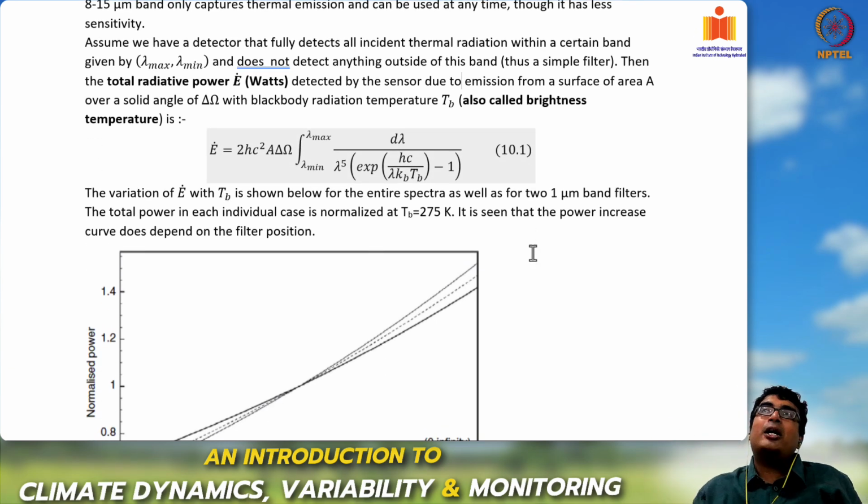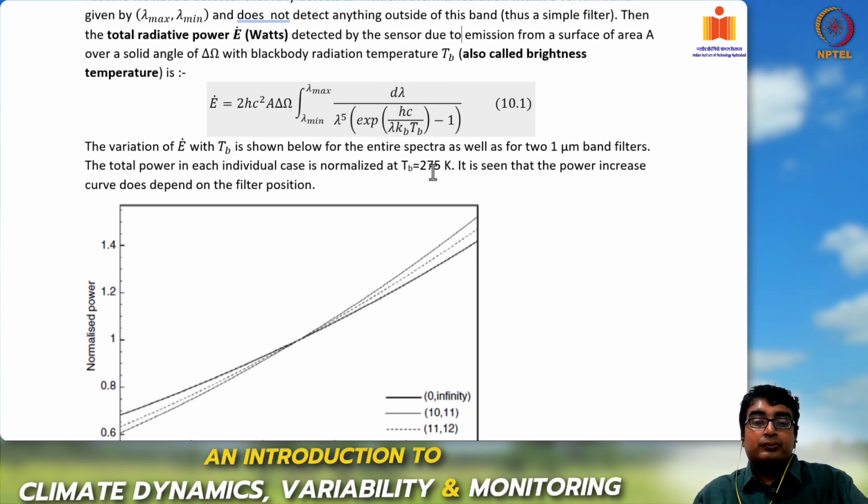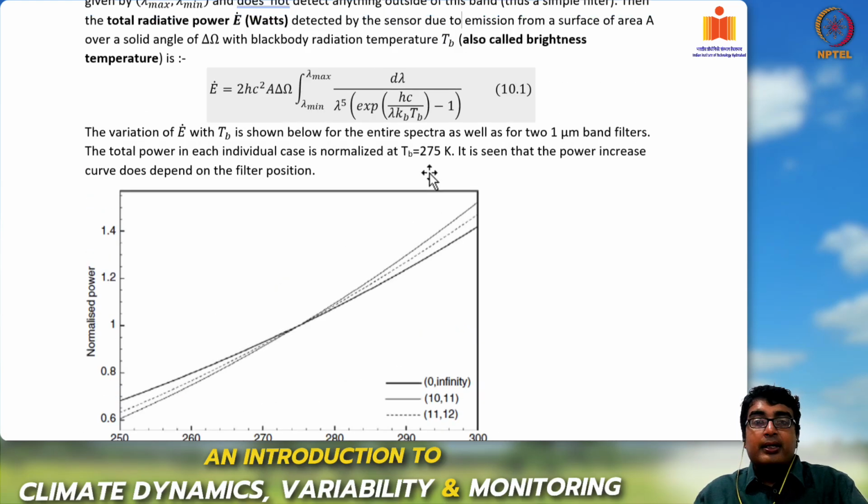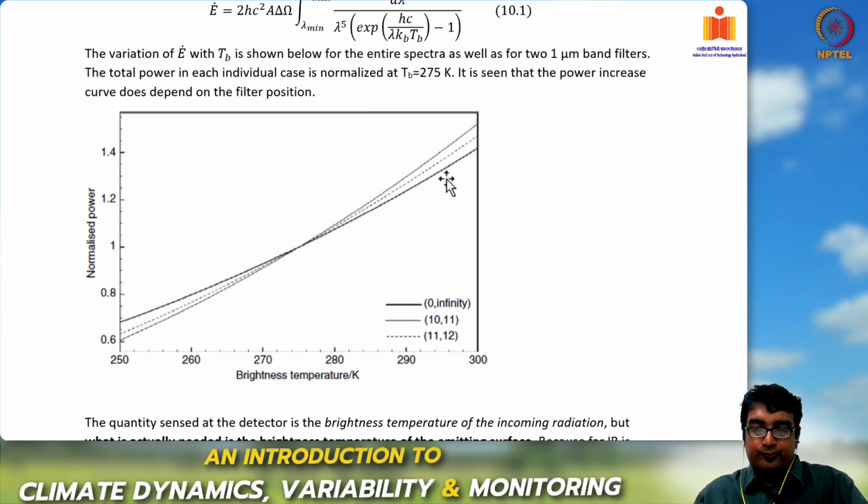So E dot is what we are measuring. TB is what we want to know. Lambda we know. A and delta omega we can get from the geometry of the system. So we can use an algorithm to evaluate the brightness temperature TB. Now, an important point is, depending on where these band filters are located, this expression will change with respect to the